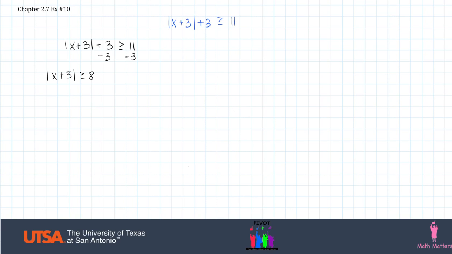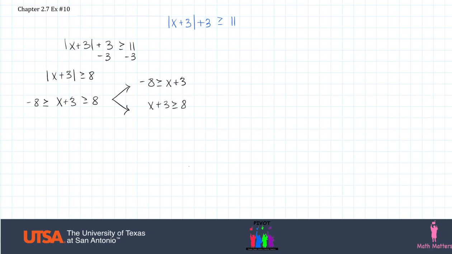And then from here, we can either solve it, or we can set it up like this. So it's x plus 3 greater than or equal to 8, and then on the other side, negative 8. Then from here, we can either solve it as it is, or we can do it separately. If we separate it, then it becomes negative 8, and then x plus 3, and then 8. And you can solve it both ways, but we're going to go with this one just to make things a